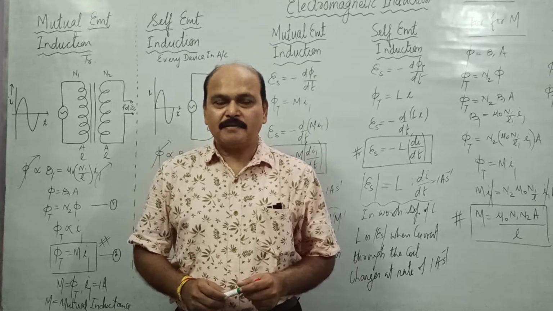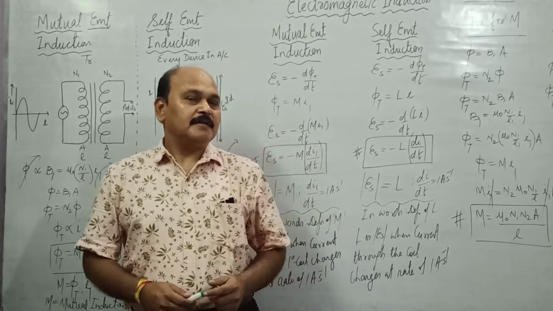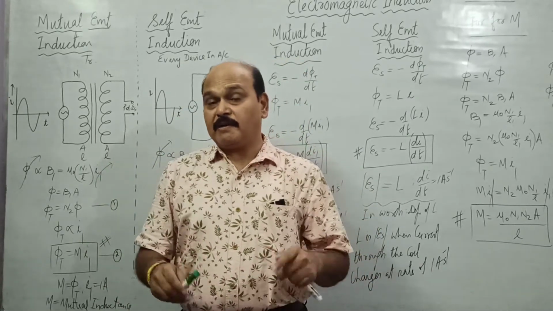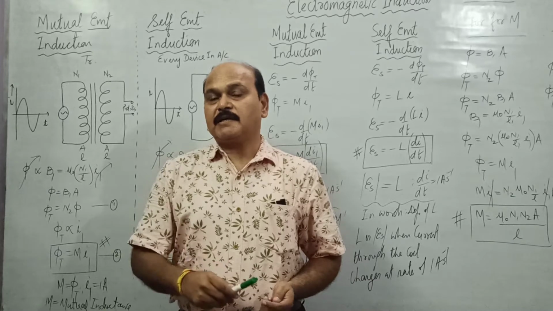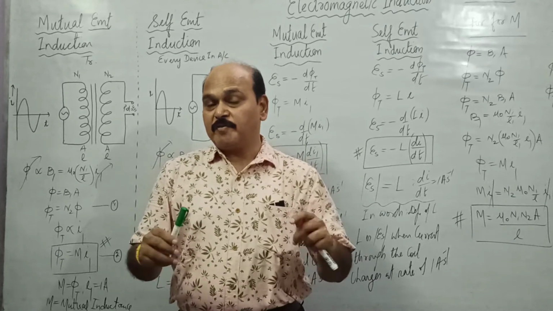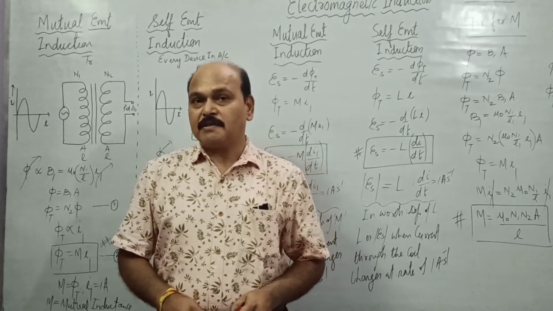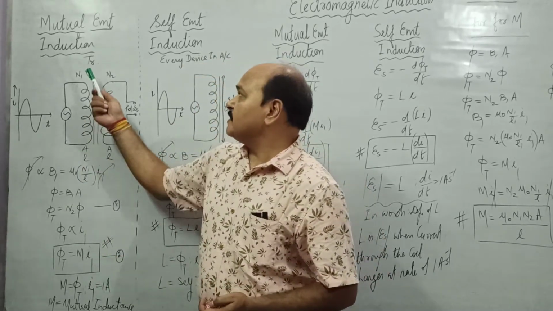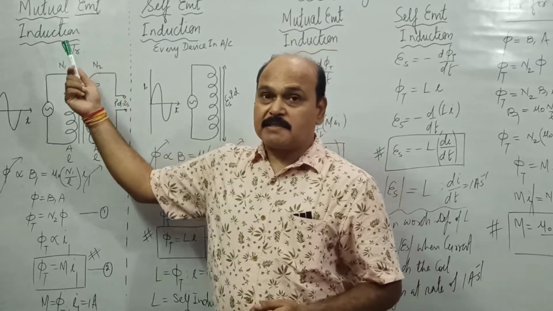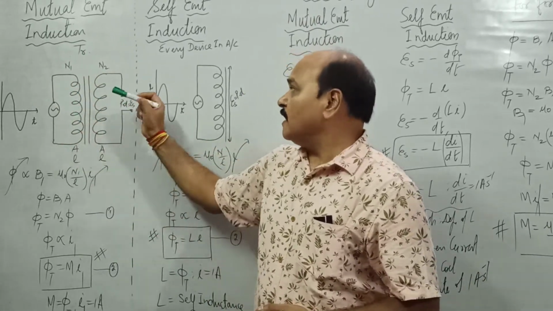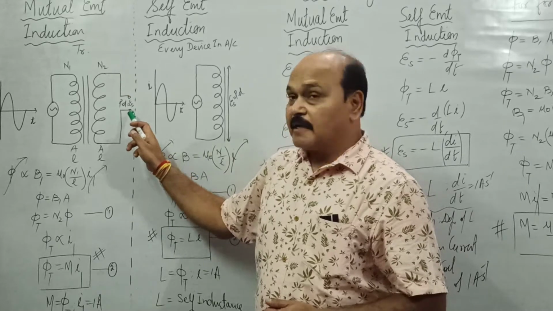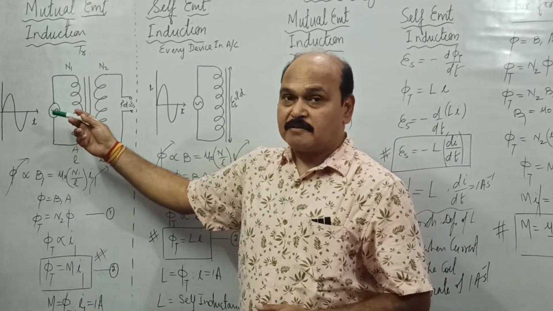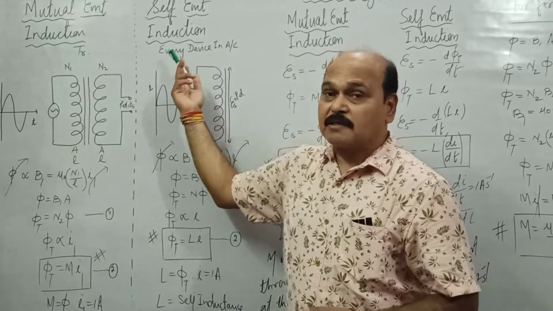Hello my dear children, we'll continue with the comparative study of mutual electromagnetic induction and self-electromagnetic induction we started in the last class. So before we proceed ahead with our discussion, let's recapitulate what we did in the last class. We studied mutual electromagnetic induction as development of electric potential difference across secondary coil when current passing through the primary coil is changed. And what was self-electromagnetic induction?